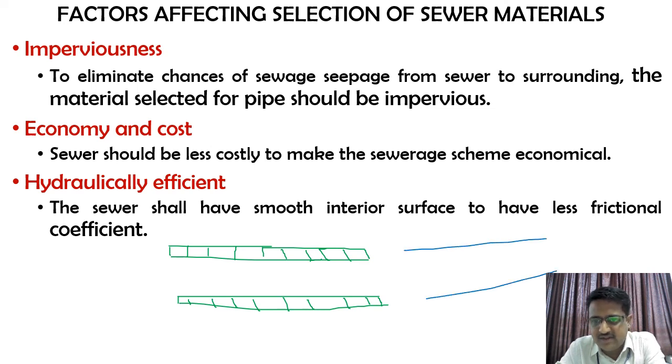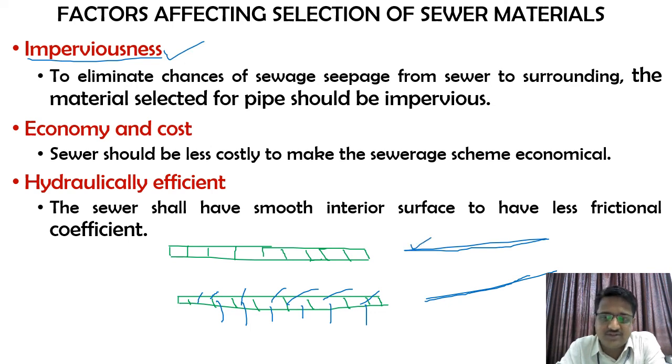At that point of time, you can check out, bricks can absorb the wastewater or sewage. In turn it may infiltrate or exfiltrate out of this particular system, whereas for cast iron or any of the other steel materials, the absorption will be less, or else it will be nil. That's why imperviousness is also one of the factors. You want the impervious nature of the sewer material so that the amount of absorption of sewage is very minimum.